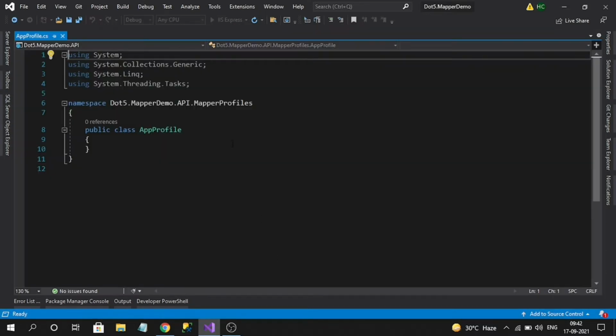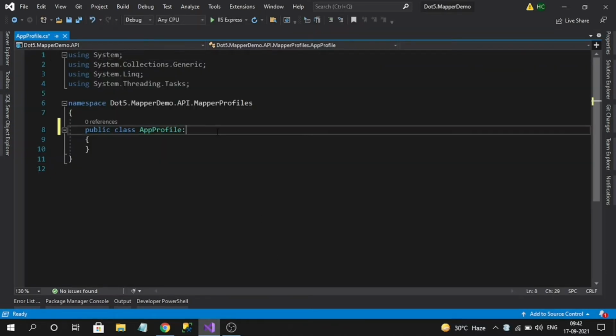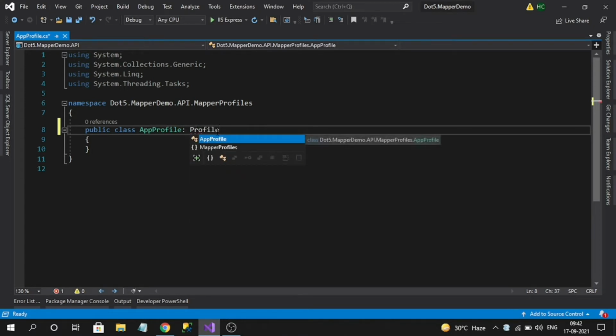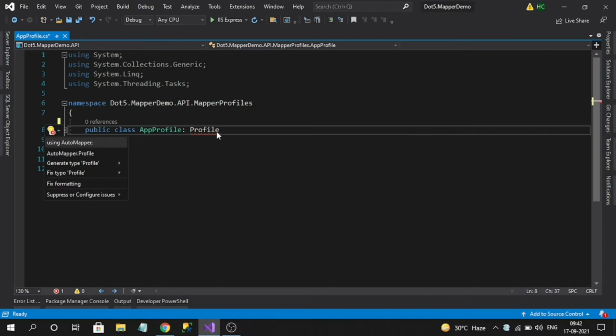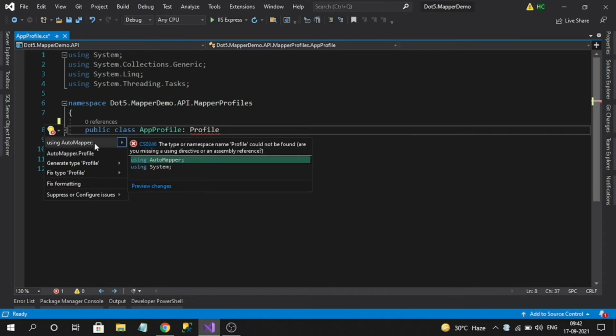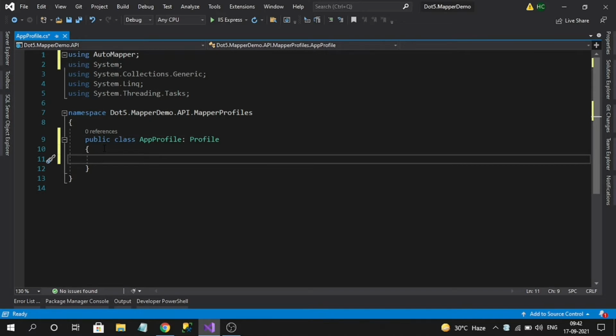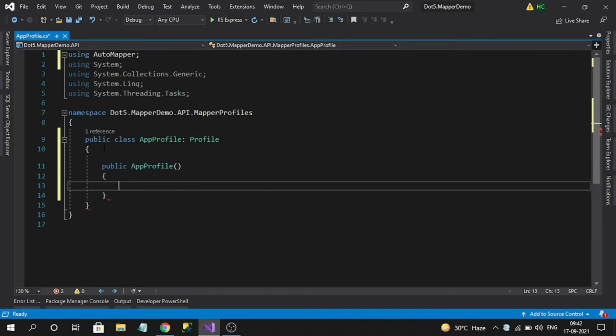To make this class a profile class, we just need to inherit Profile, which is from AutoMapper. Now I can simply add a constructor. Inside this constructor, I have to register my mappings, which we will do in upcoming steps when we require them. So I'm done with the profile as well.